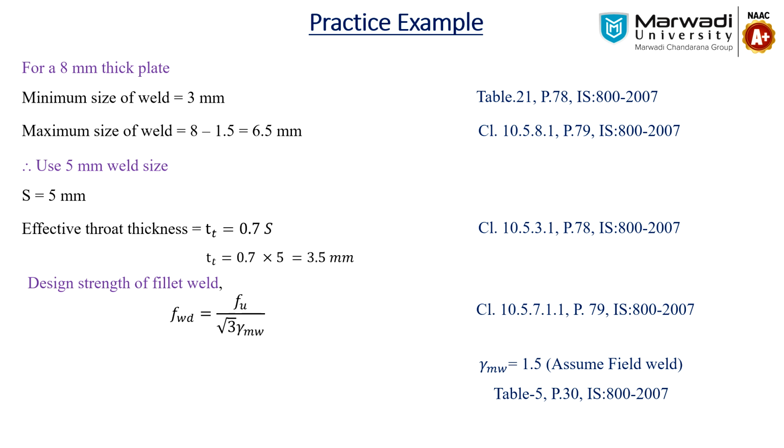So right now we are considering this a 1.5 as we are assuming the field weld. Whenever you are assuming something, you have to mention your assumption along with this. So FWD will become 158 Newton per mm square. Next,